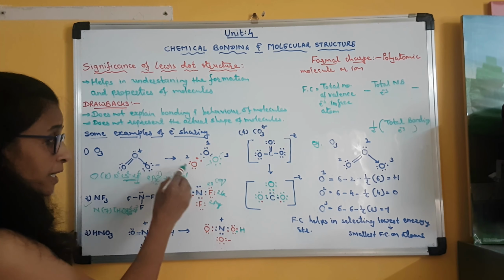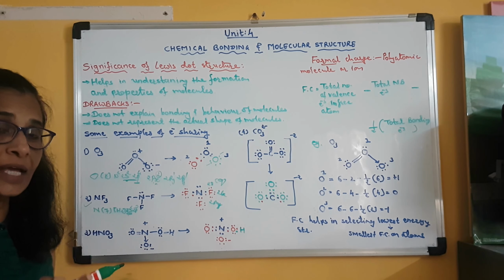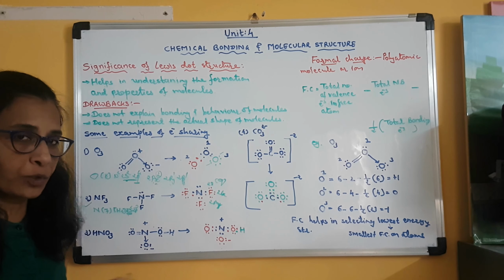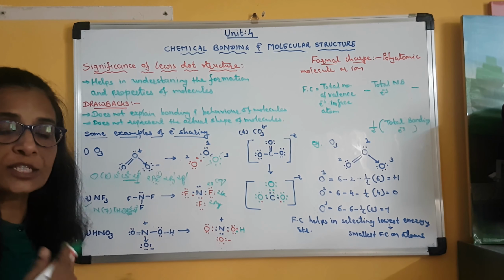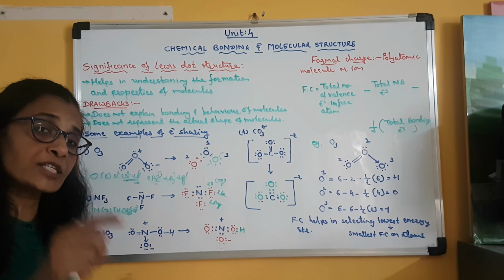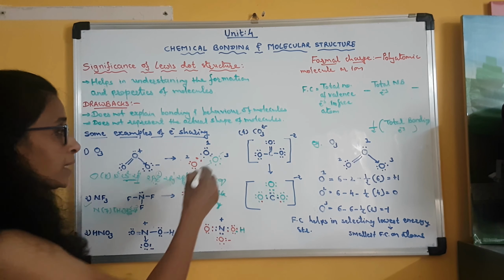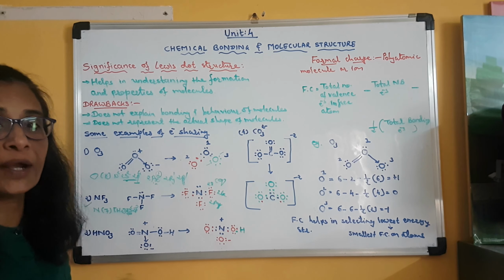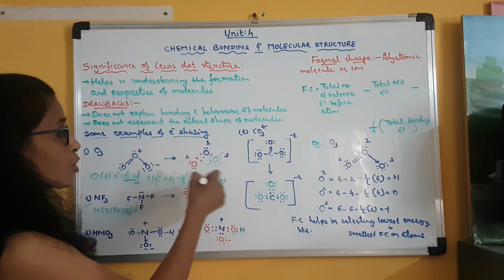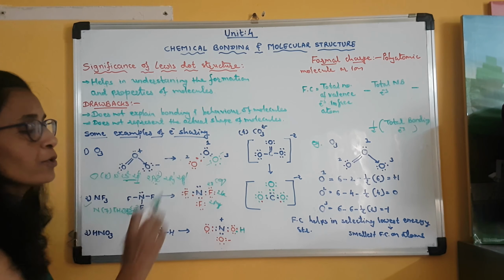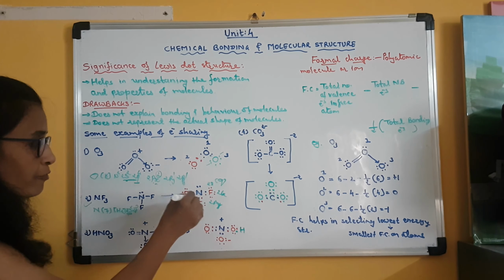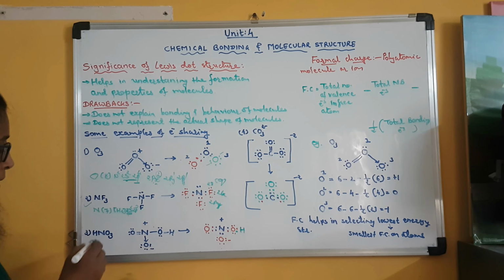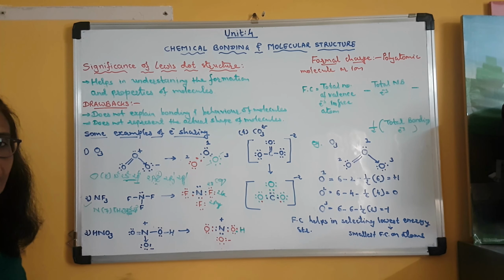Clear? The second oxygen has utilized both the unpaired electrons as per the rule. The first oxygen has utilized 2 unpaired electrons as well as 1 electron pair, and the third oxygen atom has not utilized any electron, whether unpaired or paired. Clear? So electron sharing is different in the ozone molecule, but it is perfect in NF3. Then comes HNO3, nitric acid.